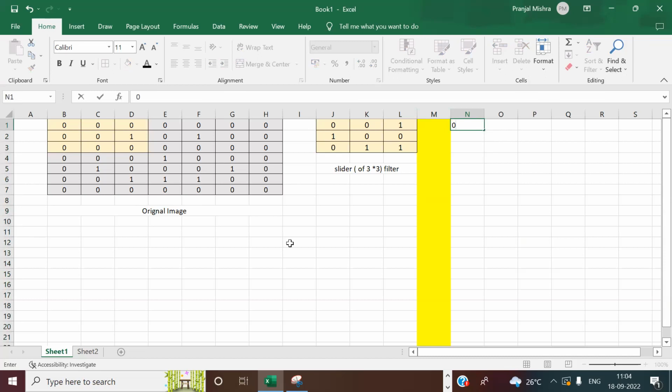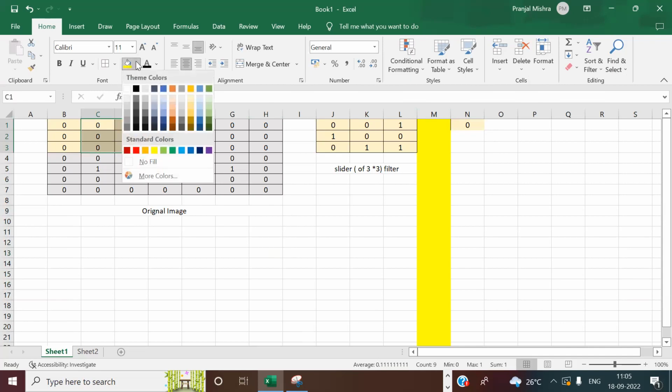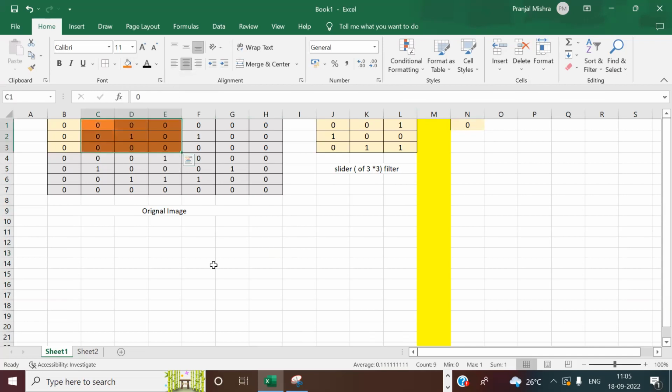सबको समझ में आया? But as of now, what I have done is I have slided my matrix only on some small portion of my original image. पूरे image पे तो slide नहीं किया. Then what I'll do is I'll take one step on the right hand side, and this would be my second step. Now what I will do, I will multiply C1 with J1, D1 with K1, and E1 with L1 plus